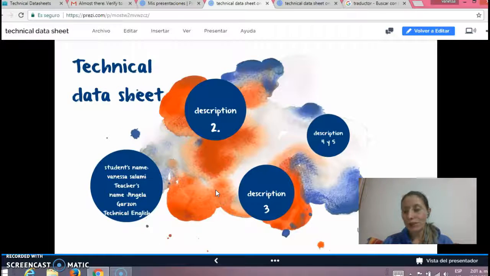The technical data sheet is a document summarizing the technical characteristics of the product. Well, this is my